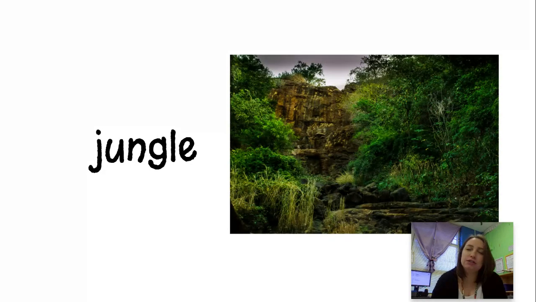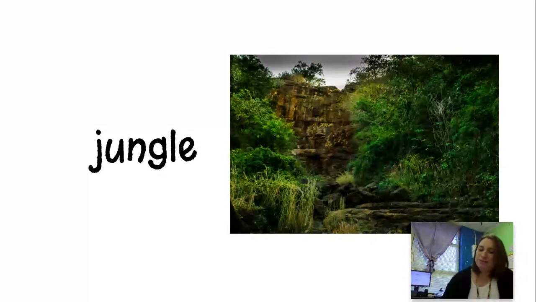Jungle and rainforest really mean the same thing. If you hear somebody say jungle, they're really meaning the rainforest. They're the same idea. That's like saying house and home. It's the same thing, just a little different. So that's just some clarification there. Jungle is not the scientific word. Rainforest would be the scientific word, and that's what we're going to mostly use in first grade. But know that jungle is also a word for rainforest.